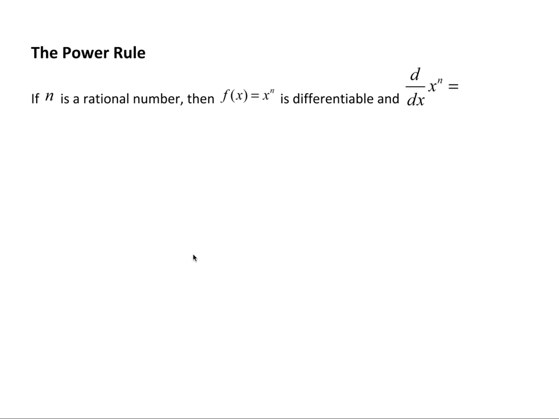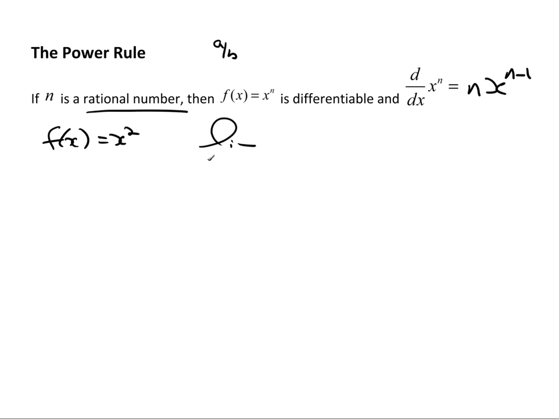The power rule. If n is a rational number, so n has a form like a over b, then f of x equals x to the n is differentiable, and d dx of x to the n is equal to n times x to the n minus 1. Now, we saw that. Remember when we took f of x equals x squared, we used the limit definition, so